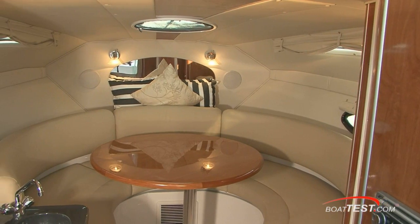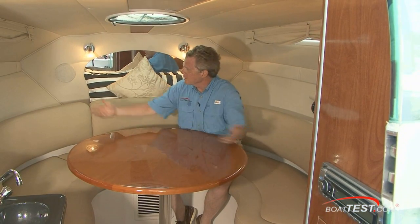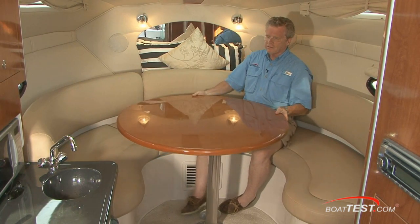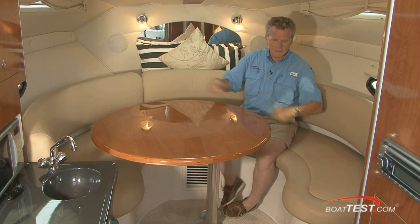The first thing you notice is a little bit different in the accommodations. There's this large settee area up here instead of a berth. It does convert into a berth, but this makes much more sense when you've got a couple on board because you've got the mid-cabin where you're going to be sleeping, leaving all of this open area for your dining. And here's an interesting feature that I discovered, this large round table. It's on an offset base to move it in all sorts of different directions to give you room to slide